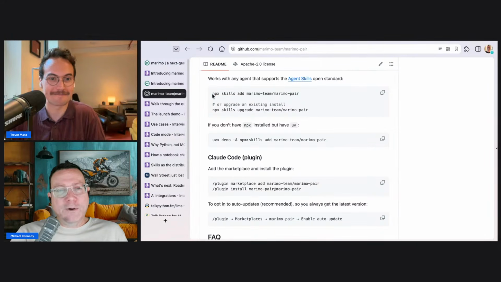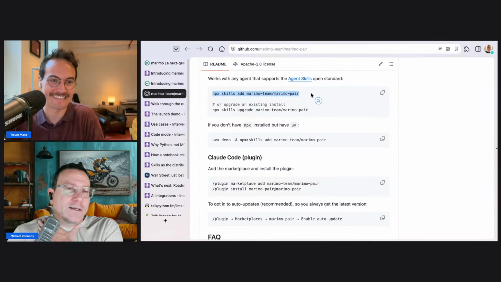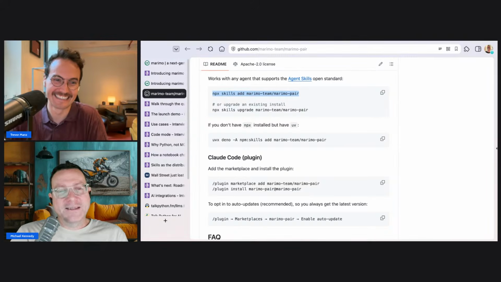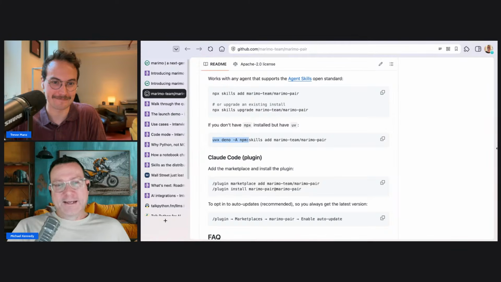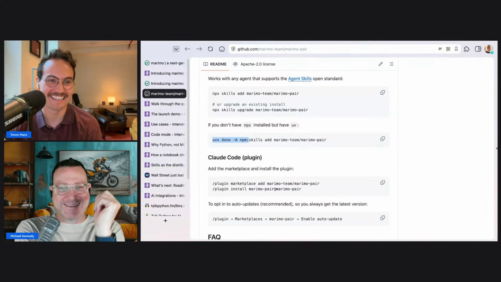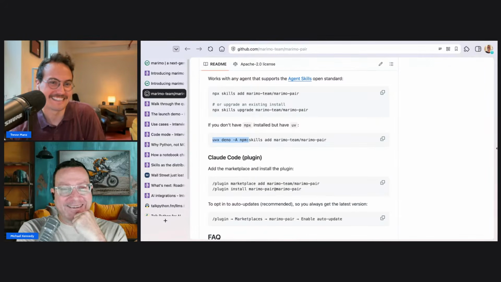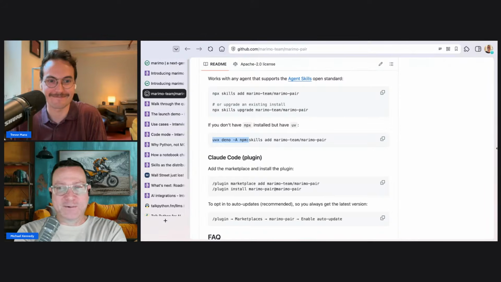If you have Claude Code or you have Codex. I've seen this so much. I'm like, oh man, why are we stuck on npm? Like I do have these things. But the uvx deno -A npm: I feel like that could be a sweet new alias, just uv npm skill. You know what I mean? I think that'd be nice. I'm going to find a way to do that.